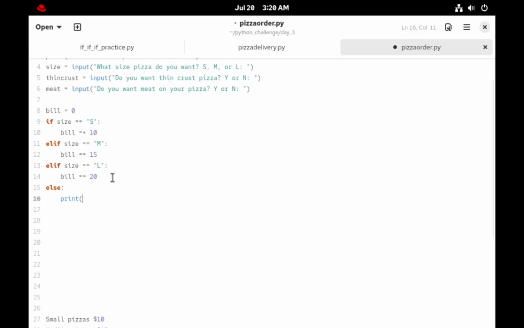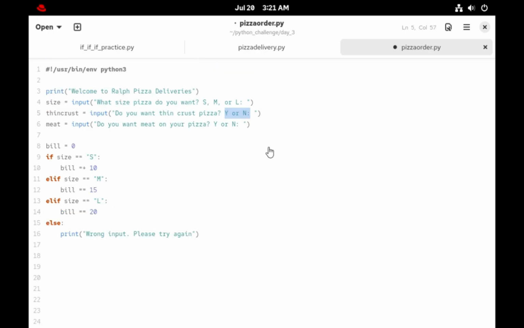So we're just gonna put print wrong input, please try again, and then we'll close it off. And so now we have to make our code for our yes or no statements here for our thin crust,